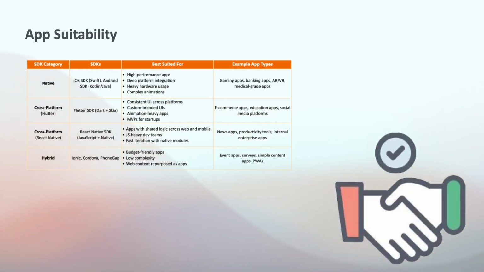App suitability. So which SDK is right for which app? If you are building something with high quality visuals or advanced animations, like a game, a video editing app, or camera app, native or Flutter is the best choice. Native gives you full control over performance, and Flutter can create beautiful custom UIs that look exactly the same on